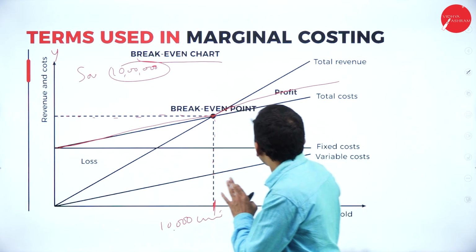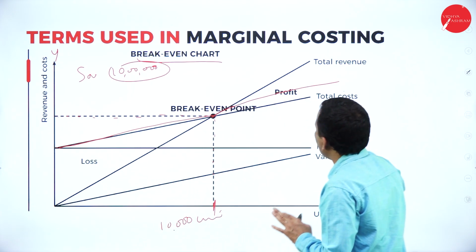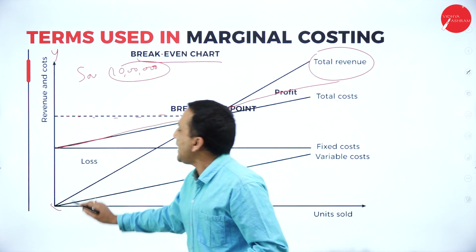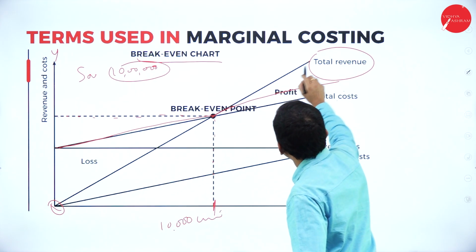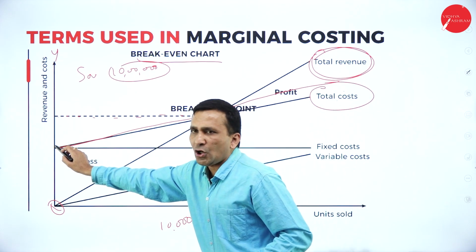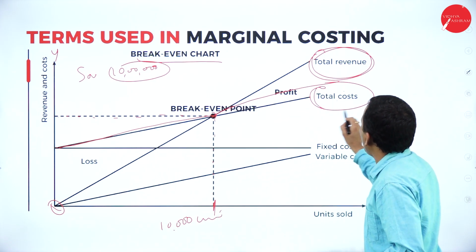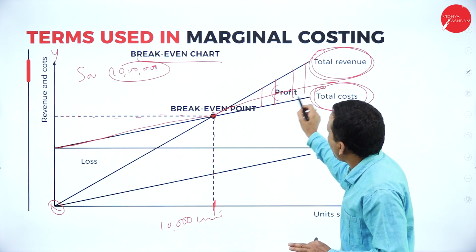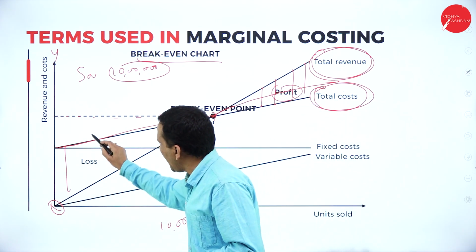Again here we can identify the total cost. The total revenue line always starts from the origin of the x-axis and y-axis, and we extend it till it reaches this point. We call it the total revenue. The total cost line goes from the fixed cost origin place to the intersected point, and we extend the line. We call it the total cost. This particular area we call profit, or you can say the angle of incidence. And this particular area we call